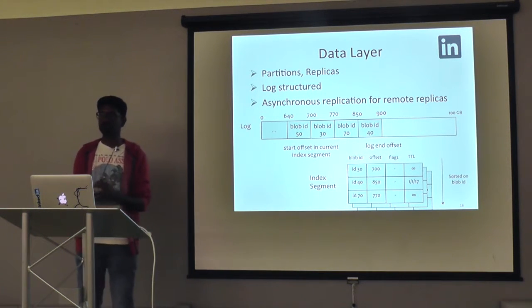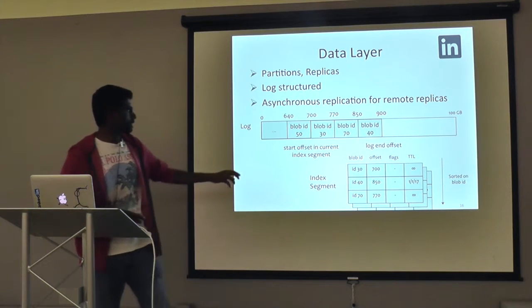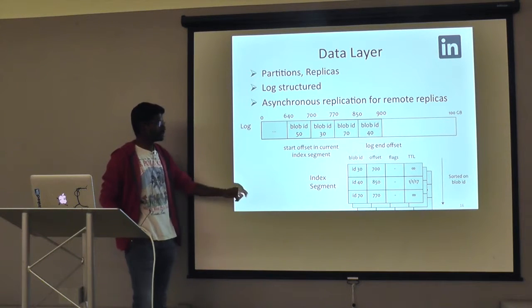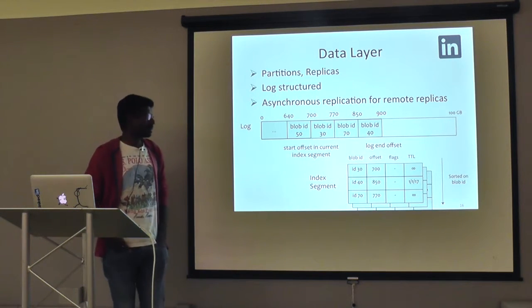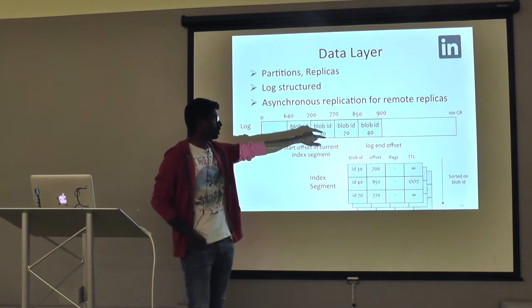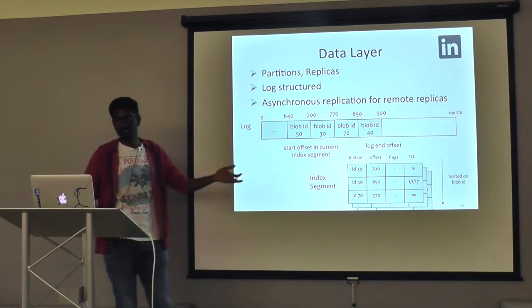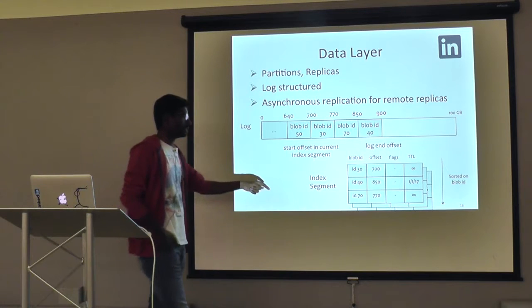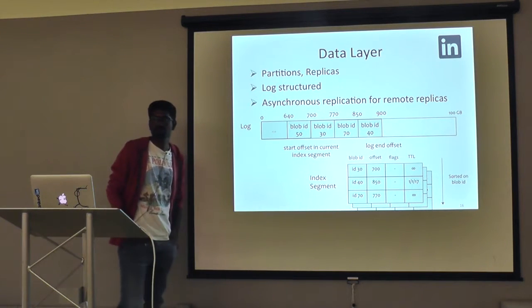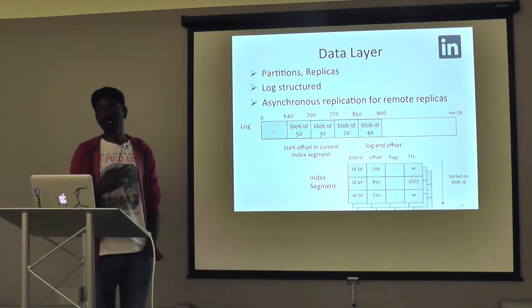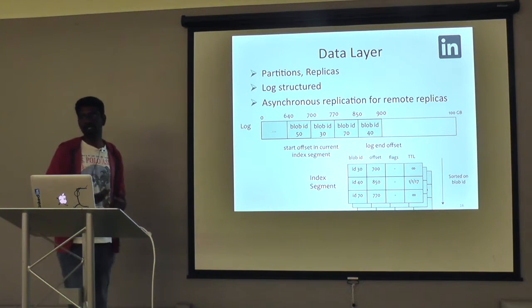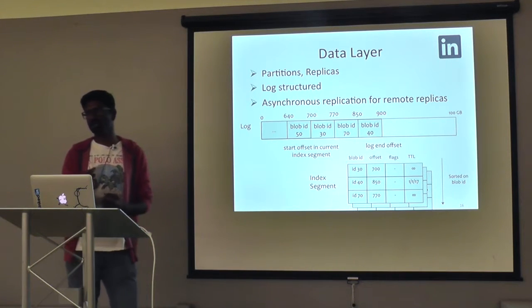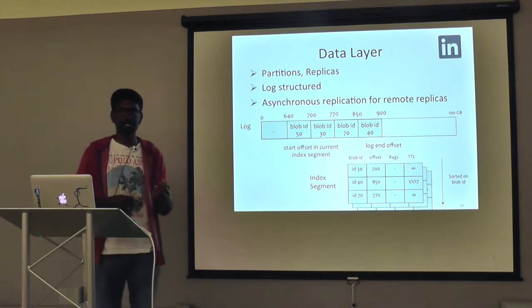I'm just simplifying a lot of things for the purpose of this talk, but an actual record will have some metadata associated with it. And then we have index segments, which is used to look up the actual record in the log. During upload, you just make an additional append to the log, and then make an additional entry in the index segment saying where exactly the record is present. During lookup, during a get, you will look up an index segment and then try to go and fetch the actual record from the log. So there are two different types of record which you can find in the log. One is put record and the other is delete record. Whenever lookup happens in the index segment, we always go in reverse chronological order so that you end up encountering a delete record before a put record.